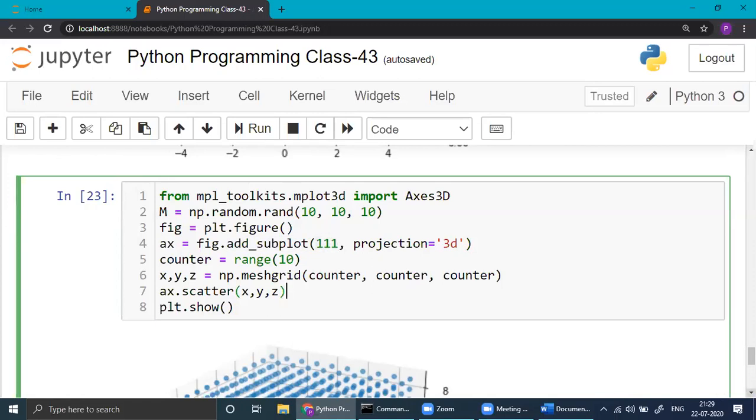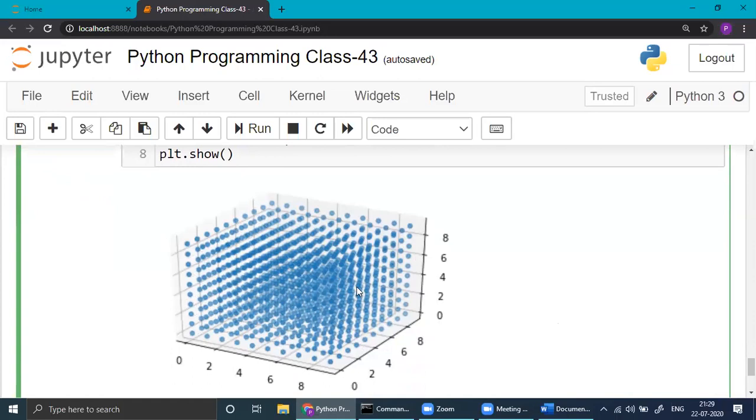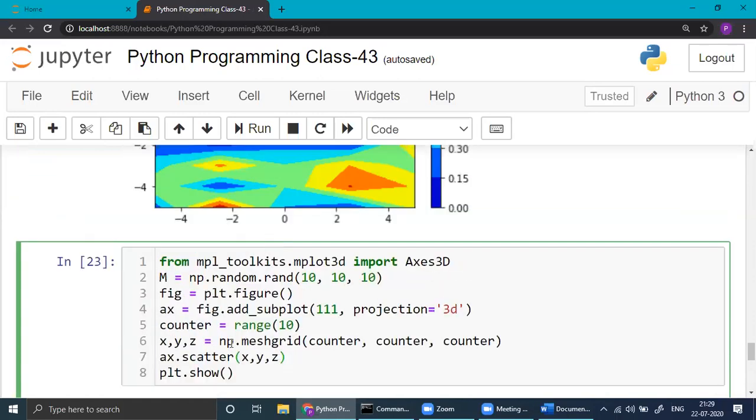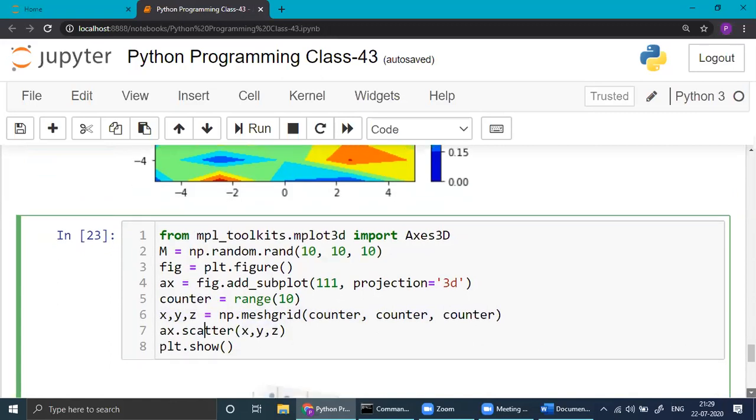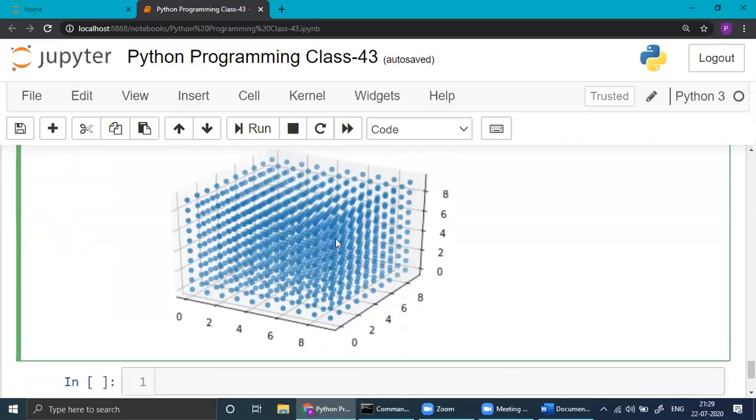You can have two, like 5 lines, 10 plots. So you need not worry here. It's like plotting only. The function we use is this one, meshgrid. These are the values you get, and you just write dot scatter, you will get this. If you know how to create this, then in multiple regression, we'll see how we can draw a hyperplane, the other plane. You will be able to draw the scatter plot, then we'll draw the hyperplane, then we'll see how many points are on the plane, how many outside, what is the error. That way it will be useful there.